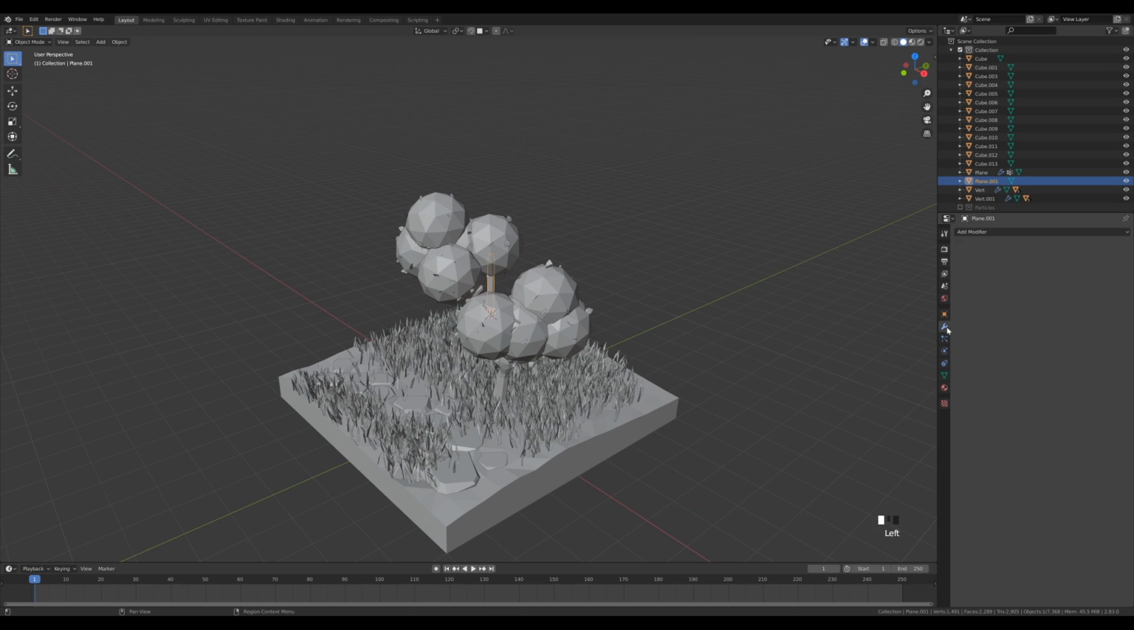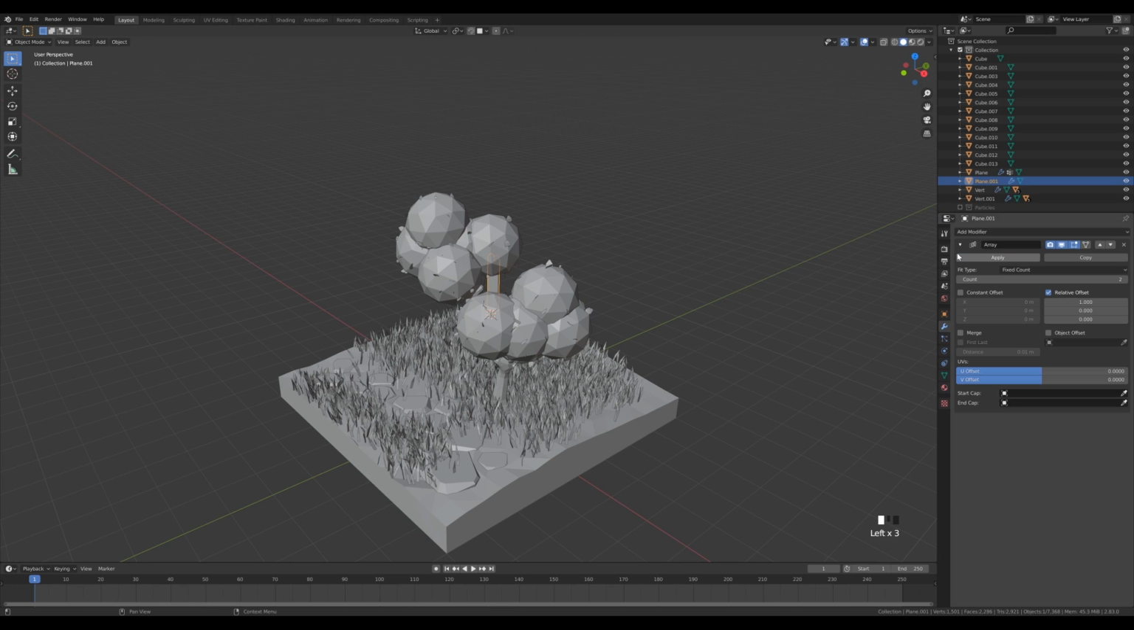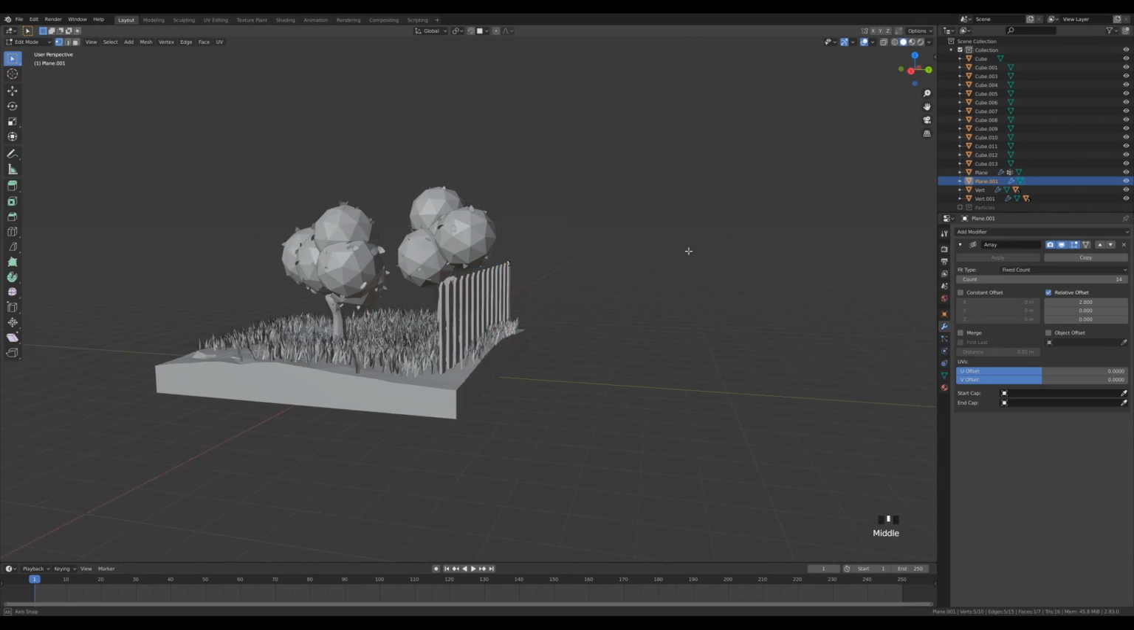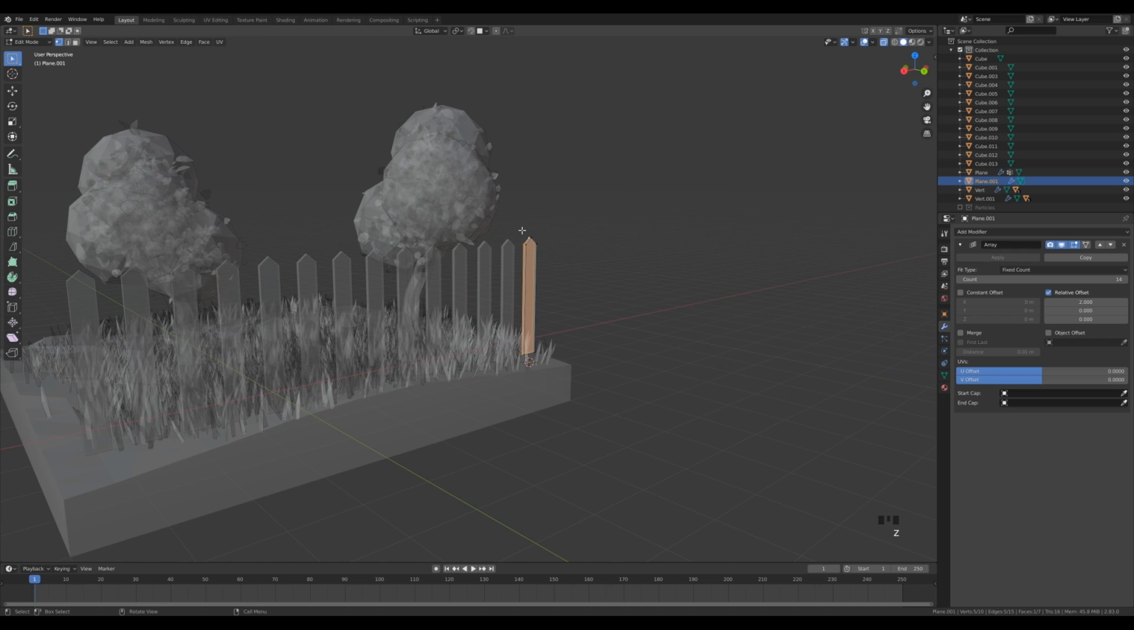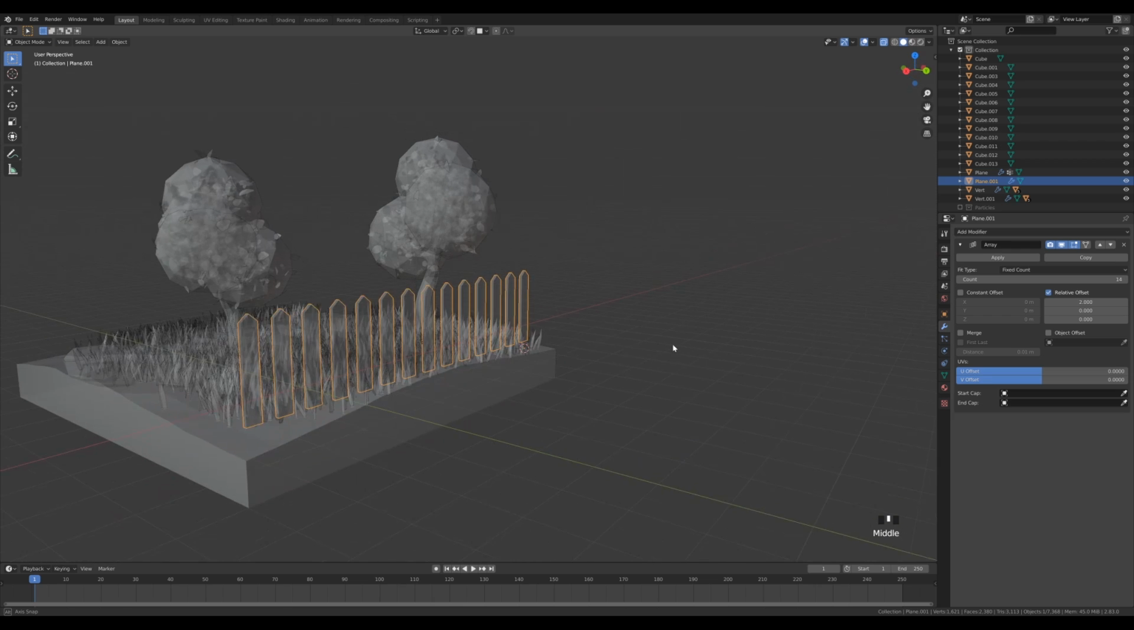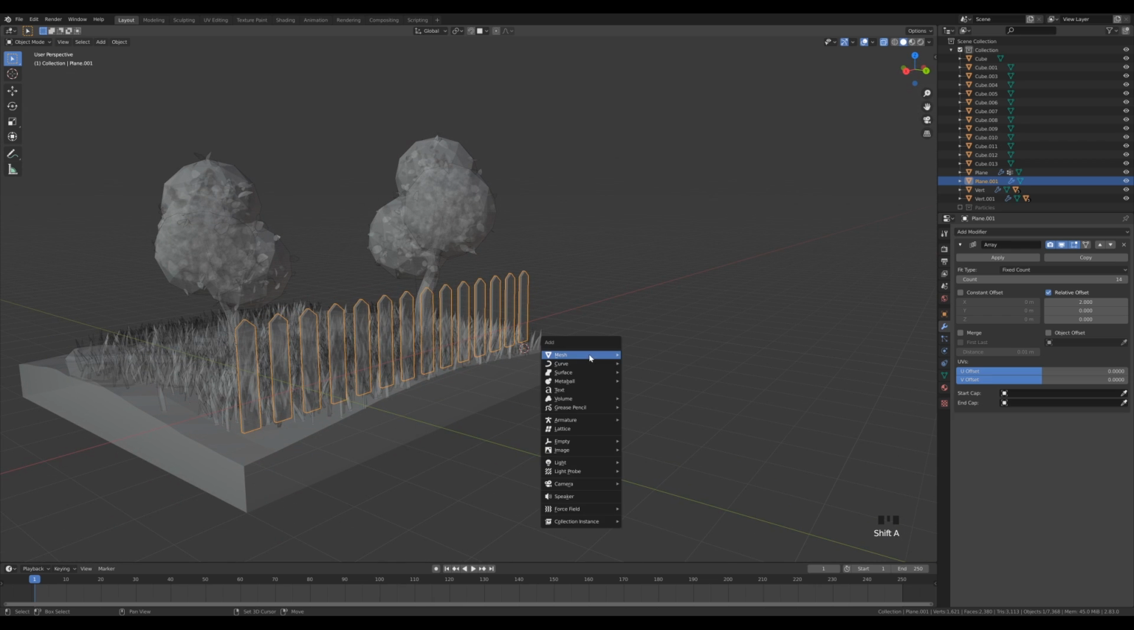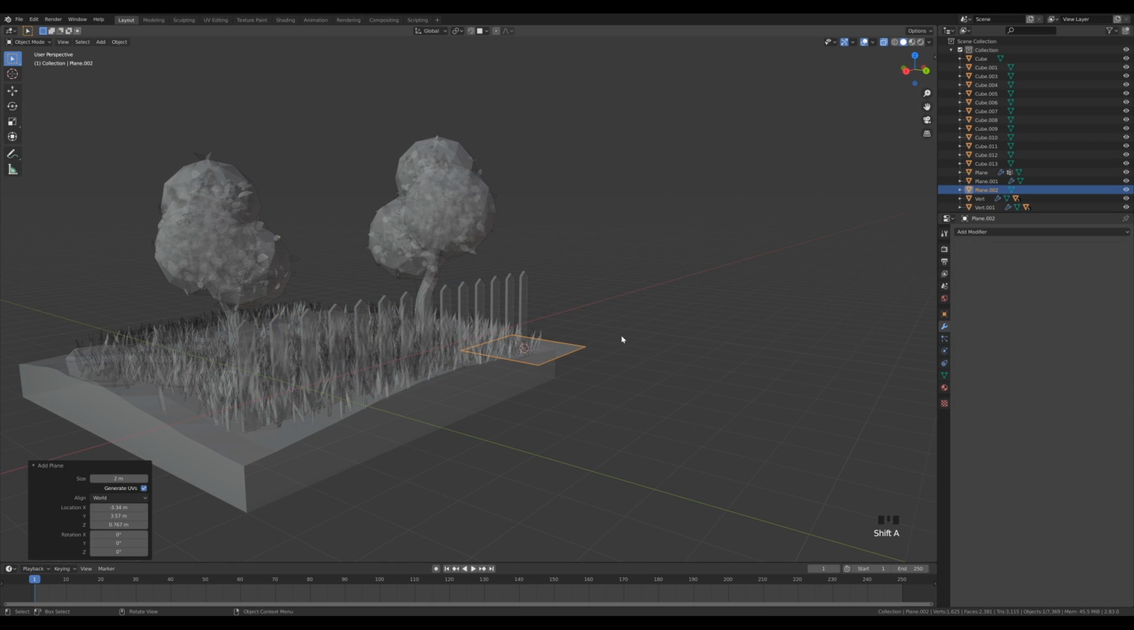And now we can add an array modifier. Let's set 2 for an offset, and let's adjust the number like this. Maybe we need to make this a little bit smaller, so something like that. And now on the same place, just add another plane, tab in, rotate on the X axis,